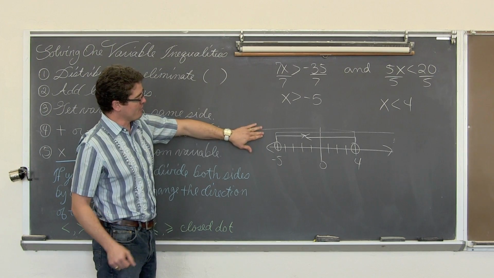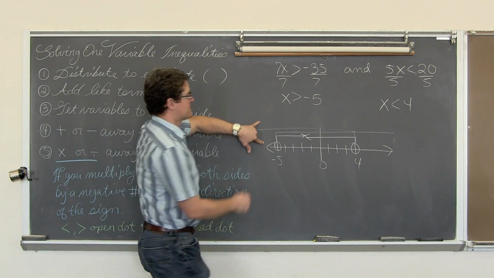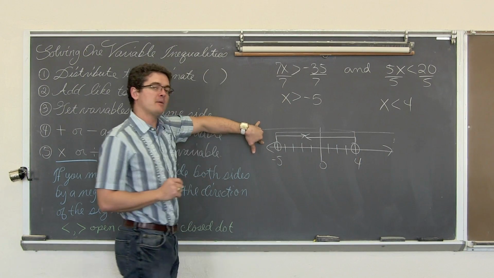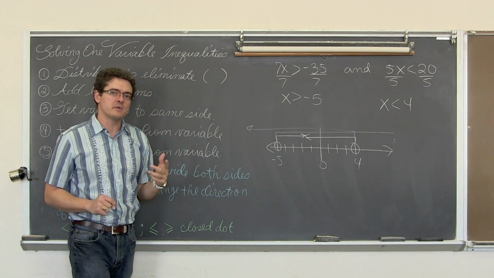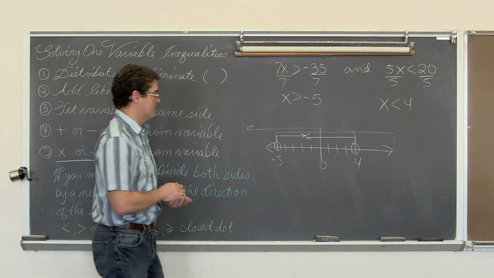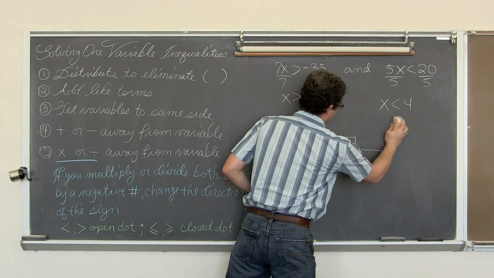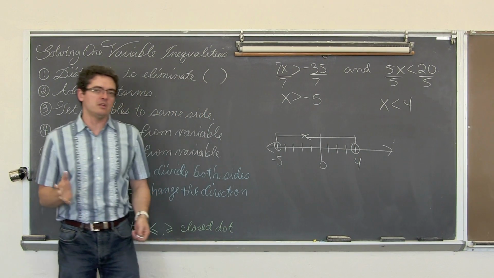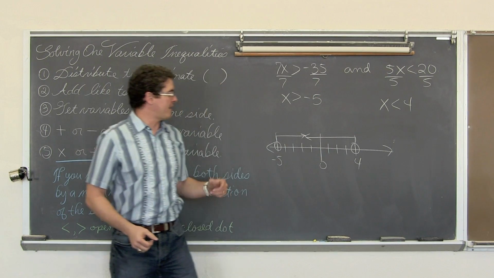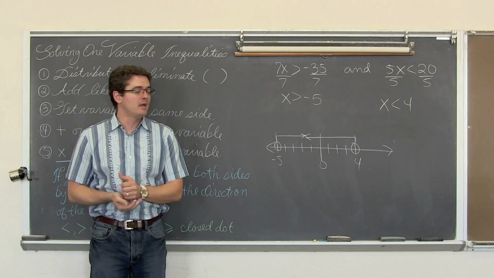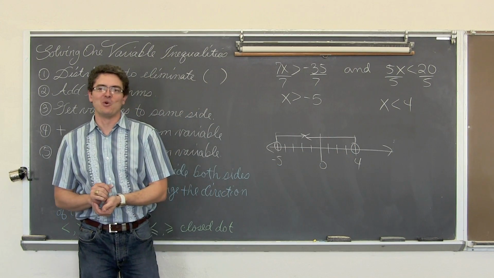Well, like if I'm over here, let's say at -6, well, that -6 is less than 4, but if I plug -6 into this inequality, excuse me, I'm going to get a false statement. So when you have the word "and" in the middle, you're looking for the shading that's just the overlap. So the only values that will satisfy both of those inequalities are the values that are greater than -5 and less than 4.